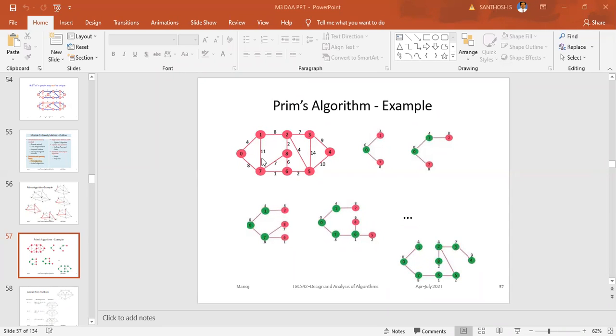Because 4, 8, 11, 4 is finished, because 0 to 1, 4 path is finished. So which is the next minimum one? It is 8. So that's why you go with the path we have taken as 8. After that you have the same thing as it is. So this path is 8.